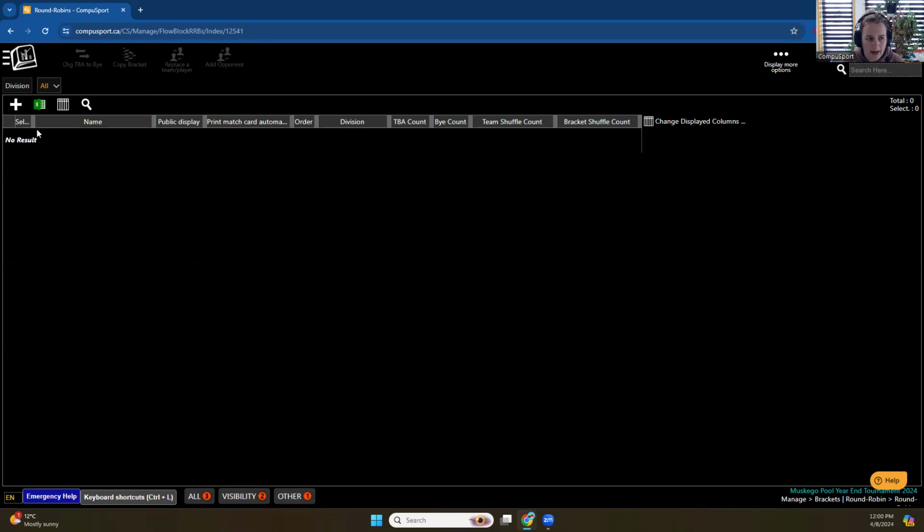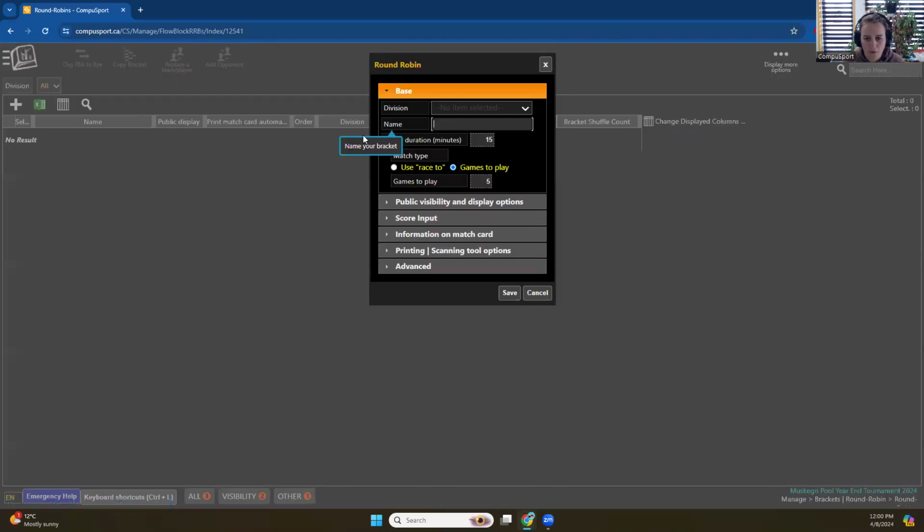Under round robin, I'm going to create 4 round robins. So what I'm going to do to start, and this is where I guess I could have copied them over because then I would have had my settings for leagues. I didn't think of that. Not a big deal. You could always just open up your league page and then compare your score input section for your score sheets, so that you have all the same settings,